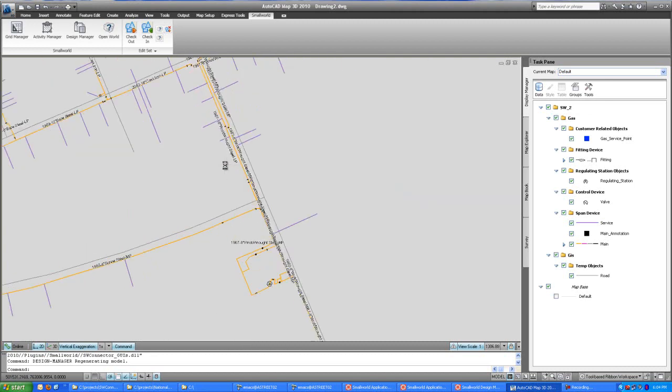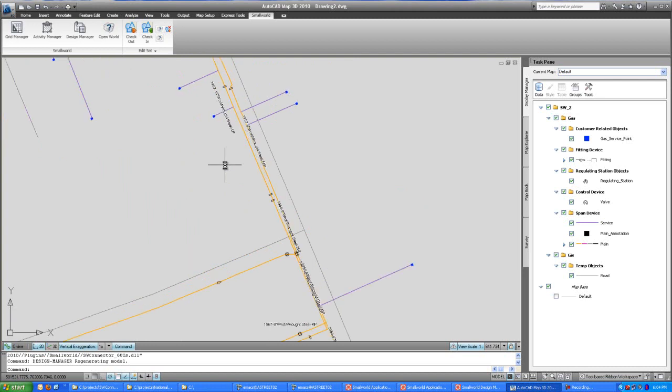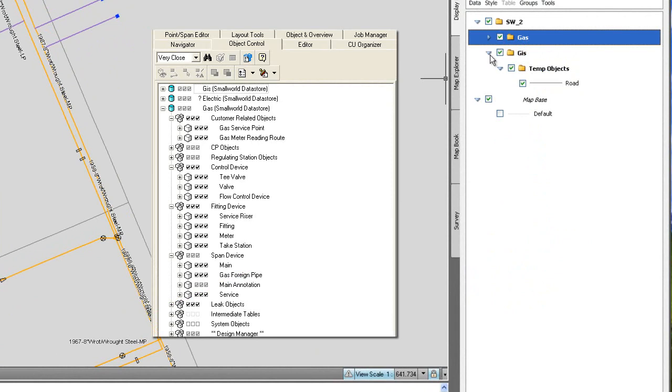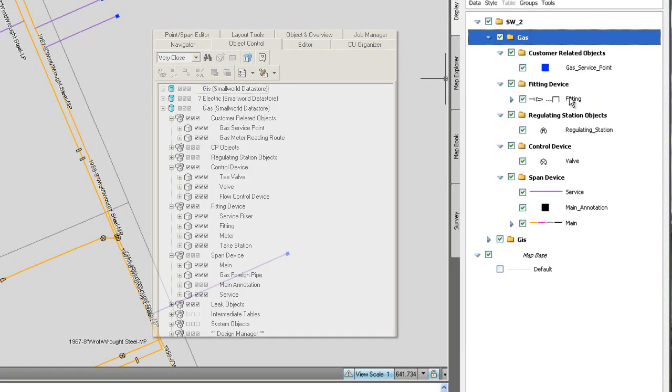As I zoom in, adaptive scaling will turn on features which are only visible at higher scales. In this instance, fittings and service points become visible as I zoom in. Looking at the Display Manager, I can see a list of the various features organized in a hierarchical tree. This tree mimics the object control visibility settings defined within the Smallworld database. Selecting a feature,